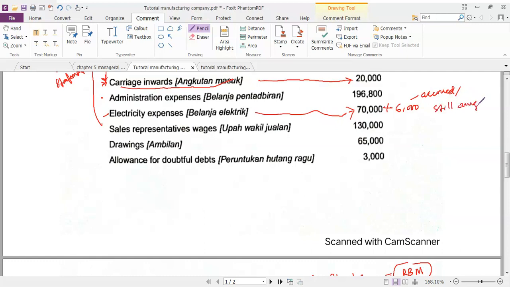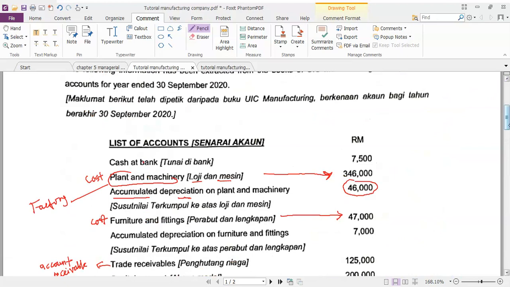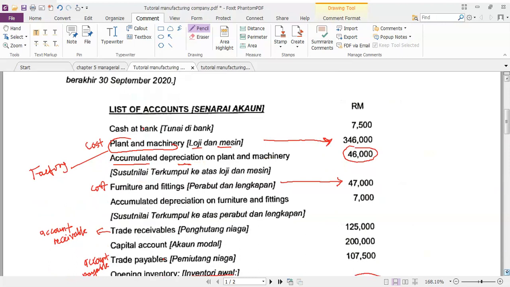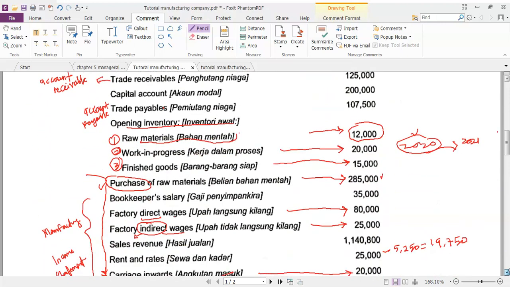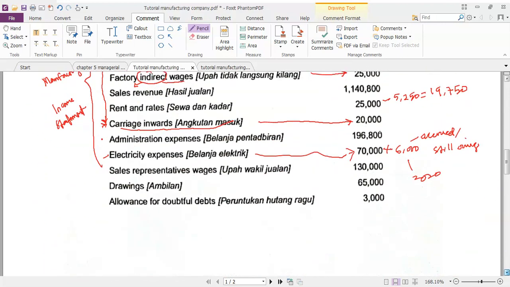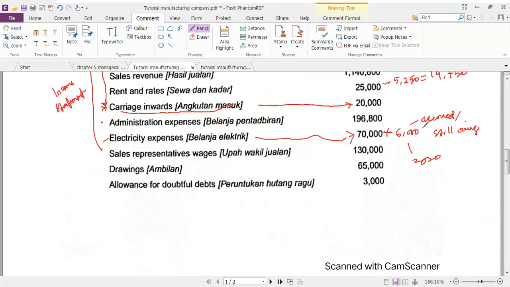Okay, bila kita belum bayar, of course we should pay. We must pay that amount for 2020. Okay. So kalau terlebih bayar, that's why kita minus. So kalau dia terbalik, prepaid, accrual ataupun still owing, we should plus. Okay. So the new total for electricity expenses here is